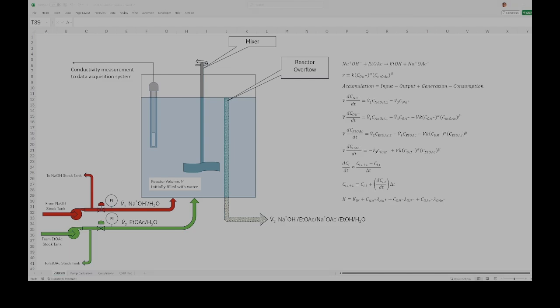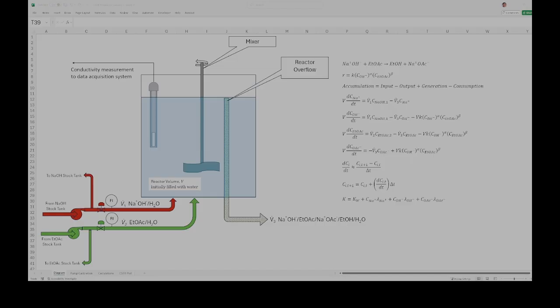Let's take a look at the CSTR equipment that we have in the unit operations lab. The apparatus is as follows. We have a glass reactor vessel, which contains our liquid reactants where reaction occurs. And in this, we have two pumps that we can control the feed rate of our